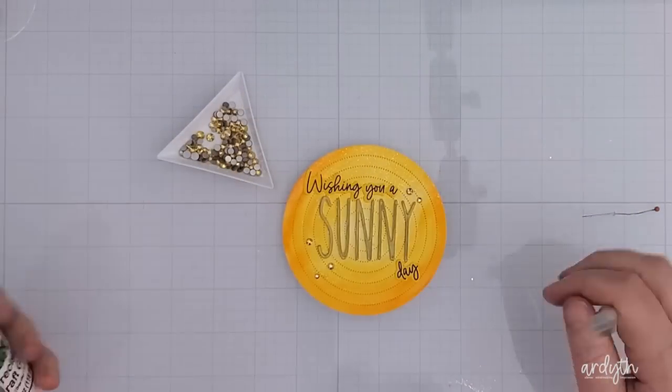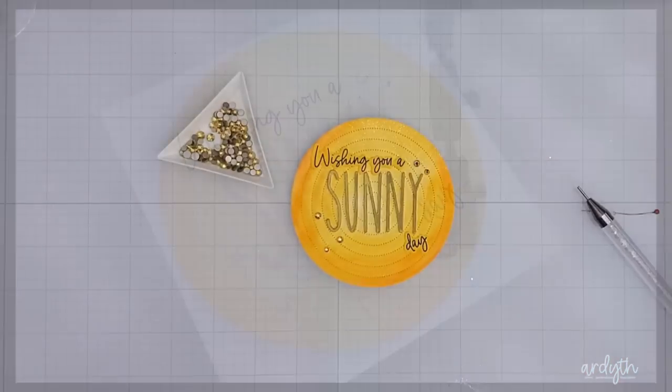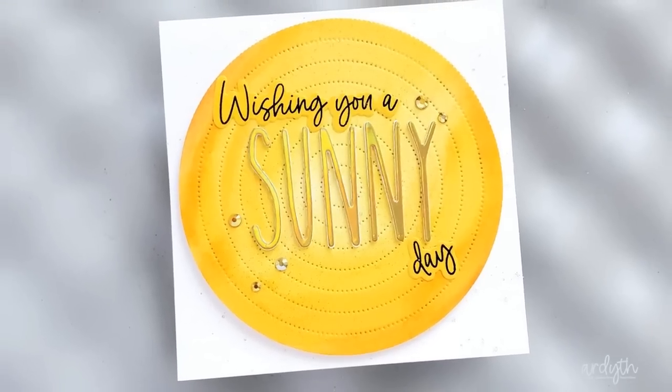And because the layers are stacked up 3 layers high, I'm able to add some of the larger gems, and they won't stand out beyond the height of the letters and damage the envelope. I popped up the sun with some foam tape onto that card base with the gold splatter, and